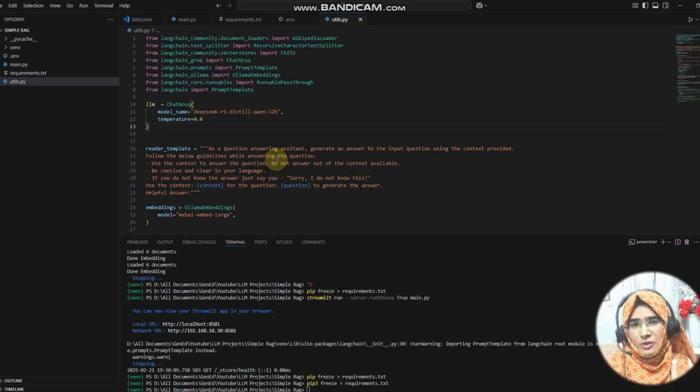You have a Wikipedia page or any other website page or any other document, local or on the web. You have that particular content and you can ask any question from it. If you want to implement such a specific thing in any project, we will use a RAG application.